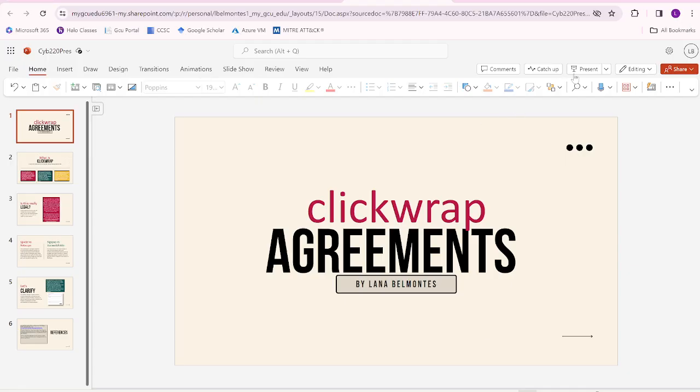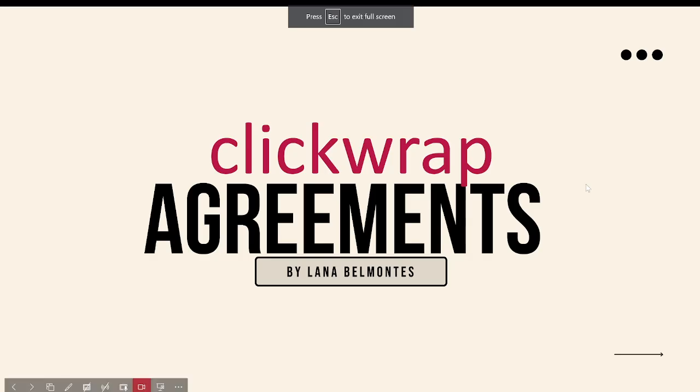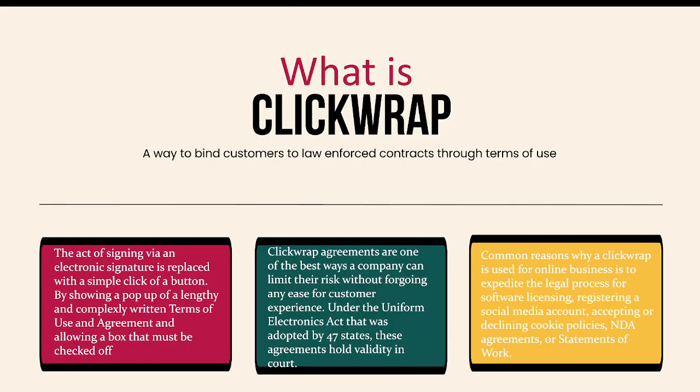All right. Well, we're going to go ahead and get started on explaining what a click wrap agreement is. This is a way to bind customers to law enforced contracts through terms of use and a simple click of a button. A lot of the times, small businesses use this as a way to expedite the customer experience, to make signing up for a social media account or accepting the terms and conditions for software licensing